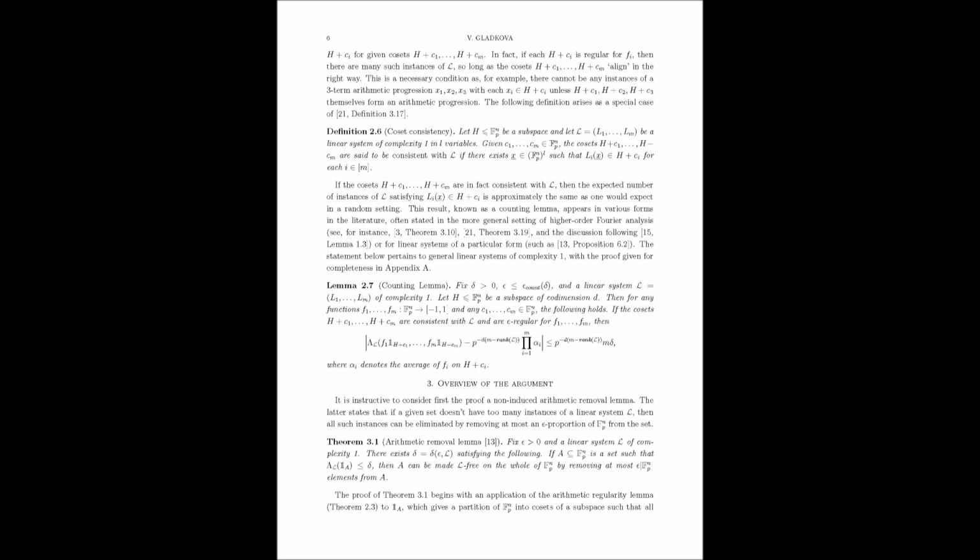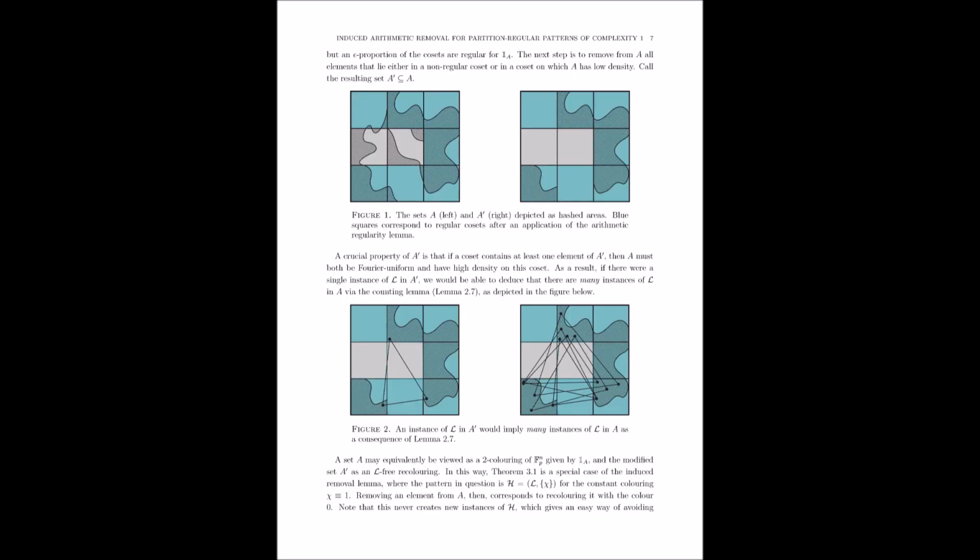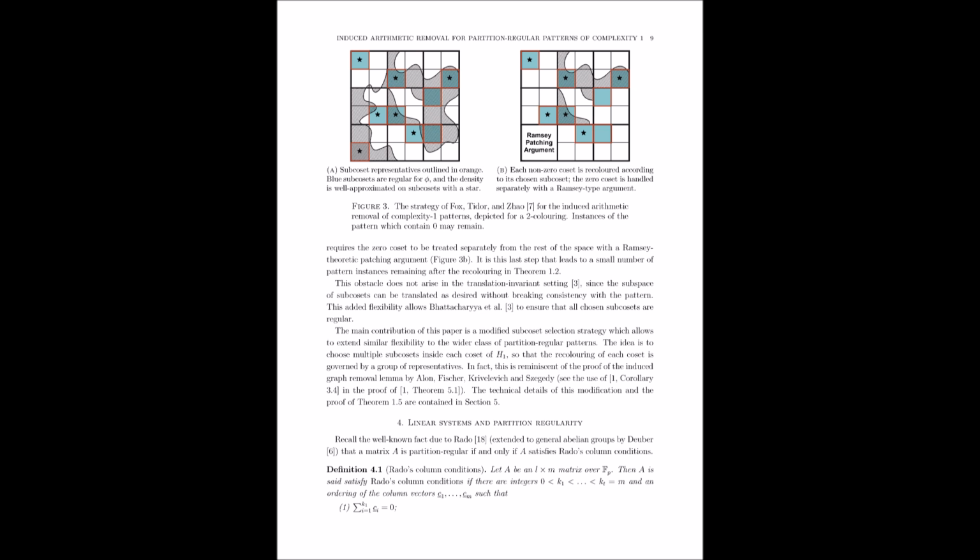Okay, that makes sense. Now, they bring up this concept of true complexity, which seems to play a really crucial role in all of this. What does it mean for a system of linear forms to have a certain true complexity? So true complexity, in this context of linear systems, captures how intricate the relationships are between the variables in the system. It's basically a measure of how difficult it is to predict the values of some variables based on the values of others. So high true complexity suggests the variables are all tangled up in a really complex way, and low true complexity implies there are simpler relationships. Exactly. And this paper specifically focuses on linear systems with true complexity 1, meaning they're relatively straightforward to analyze. For example, the system x, x plus d, x plus 2d, which represents the three-term arithmetic progression, has a true complexity of 1. But if we add another term, x, x plus d, x plus 2d, x plus 3d, the true complexity